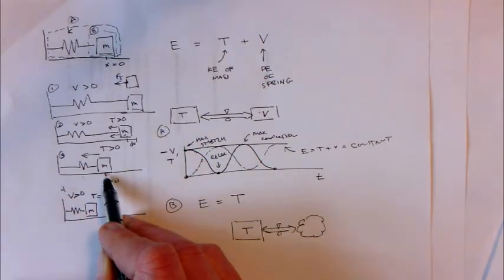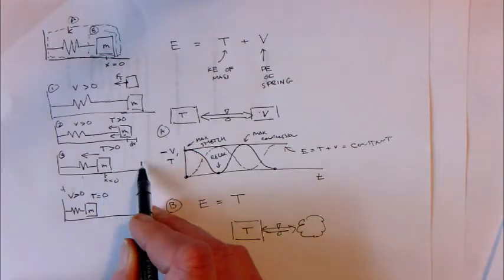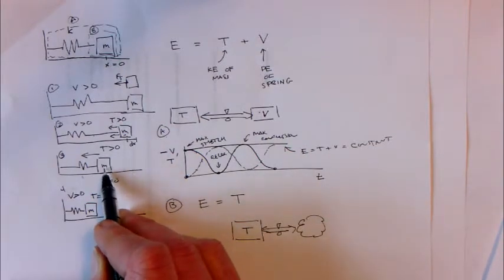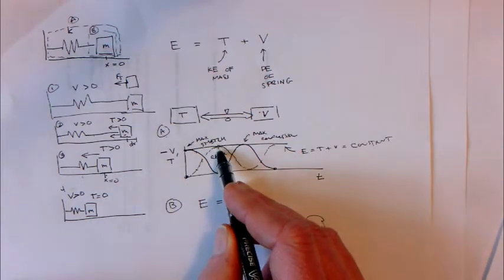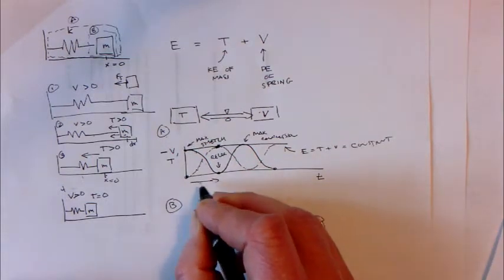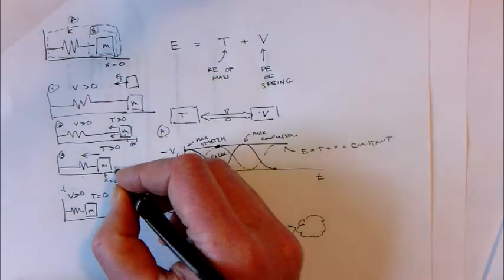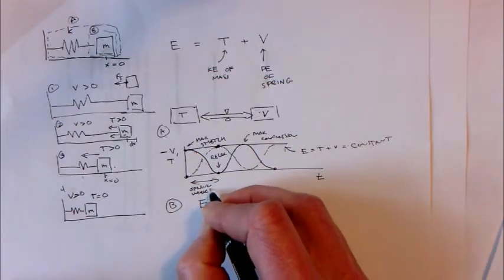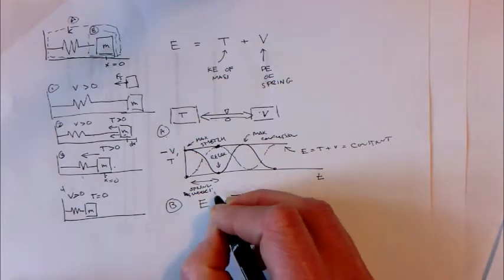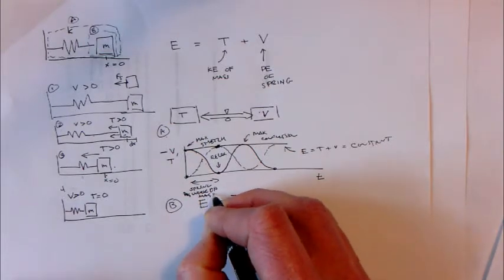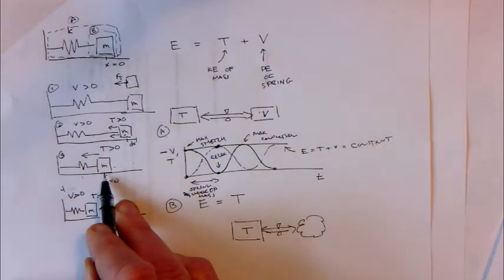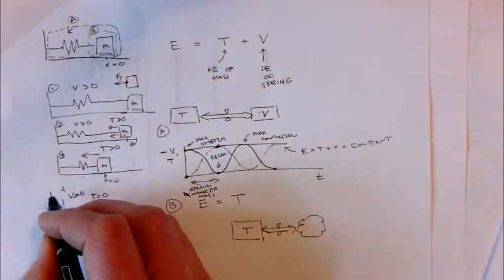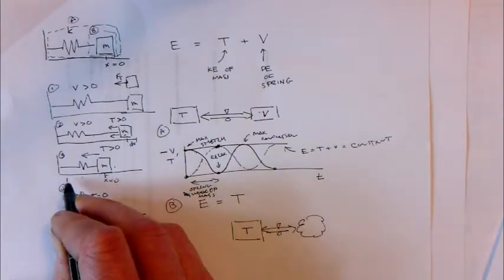At this point in time, throughout this first half of the cycle, the spring has been doing work on the mass. So up until that point, from here to here, or from this point to the point where the mass is in the middle, the spring is doing work on the mass, right? And then from time 3 on to time 4, when the spring is actually being compressed,